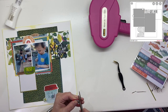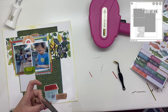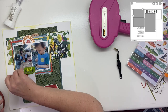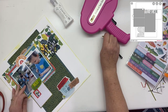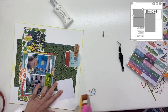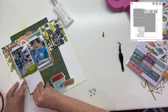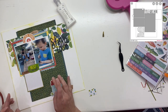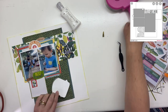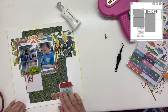As I am figuring out where to put things and what I want to do with them, I am also contemplating what I am going to be writing, because I want to make sure I have room there. And when I put this red piece in, I played with whether it should be more left and off of the journaling spot, so I would have more room, or if I was going to write to the right and the left of it. I was going back and forth, hemming and hawing about where that little red piece was going to go. In the end, I left it on the actual journaling spot, and it works out fine. I had plenty of room to write what I wanted to write, which is basically just about her enjoyment of the snails when she was little and how he shares that same